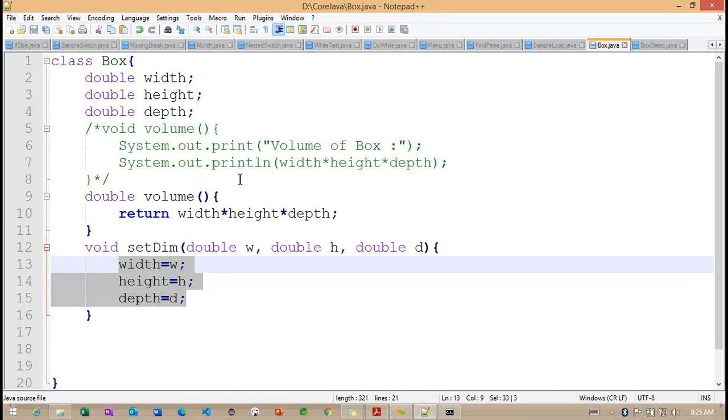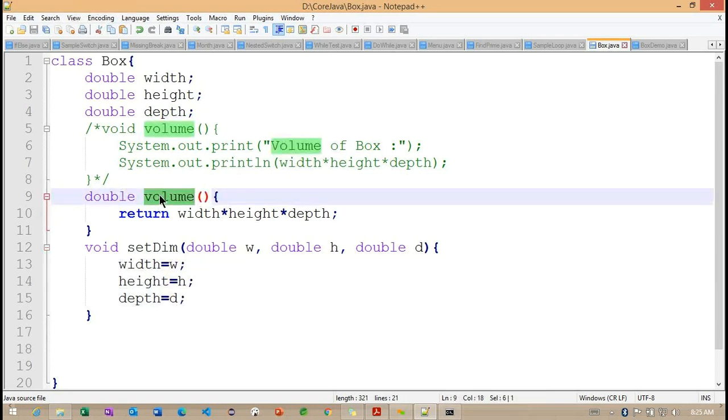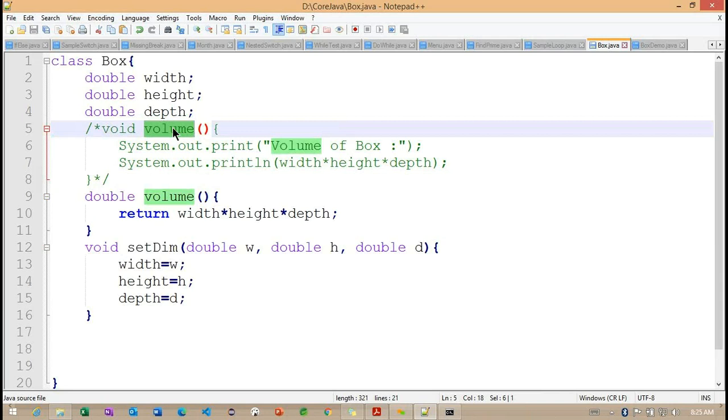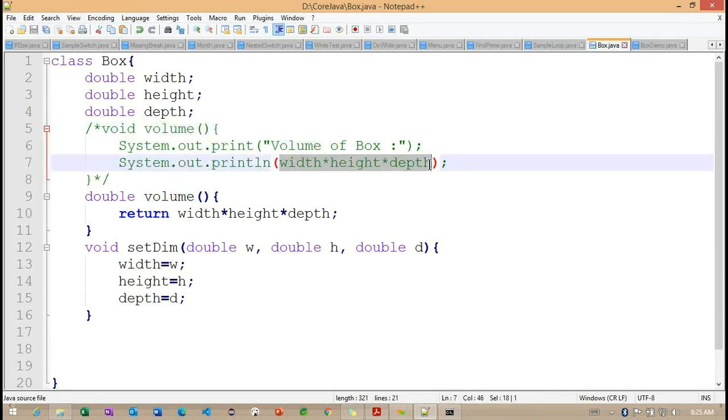Okay, so this is all about the method creations here. Now we understand the purpose of these methods. Whenever we are creating a method, it will have a unique purpose. Some methods return a value, some methods initialize a value, and some methods perform operations, like working with a multiplication operation.